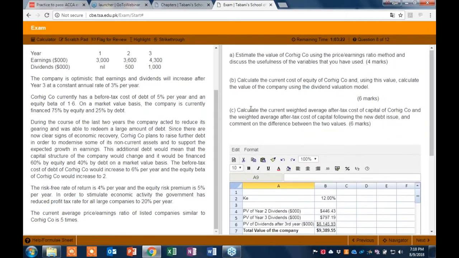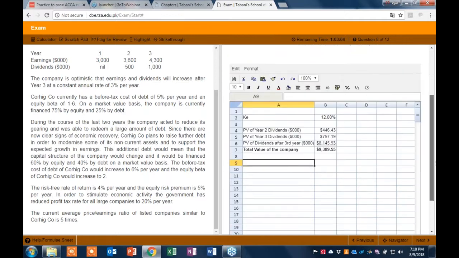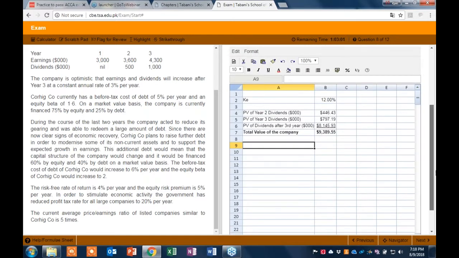The next part is calculate the current weighted average cost of capital of Corehab company and the weighted average after-tax cost of capital following the new debt issue, and comment on the difference between the two values. So what we need to do is to find out the current weighted average cost of capital of the company, and then the revised weighted average cost of capital. So the current weighted average cost of capital,